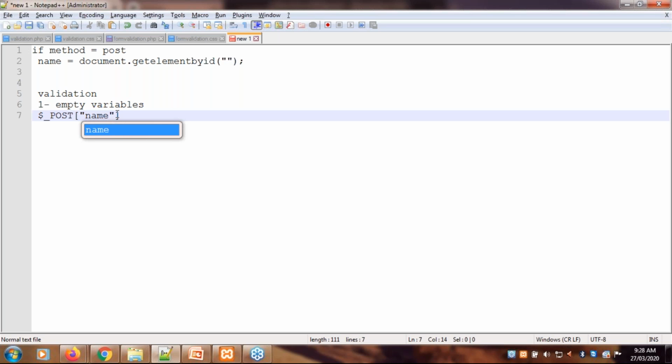Let's say first I have given the name. In this variable, we have to check whether this name is empty or not, for further validation, right?